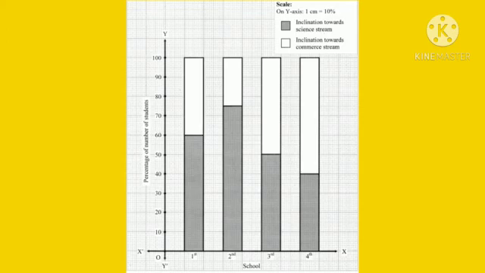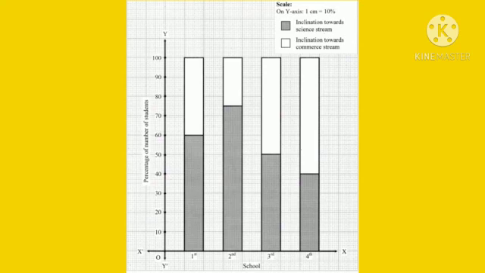Now we will draw the second school bar up to the 100 units. In the second school there are 75% of students in science stream. So we will do the marking up to 75 and we will shade that much part. Now in the third school, again we will draw the bar up to the 100 units. In the third school there are 50% of students in science stream. So we will mark up to 50 and we will shade that much part. So that represents the science stream, and the unshaded part is representing the commerce stream.